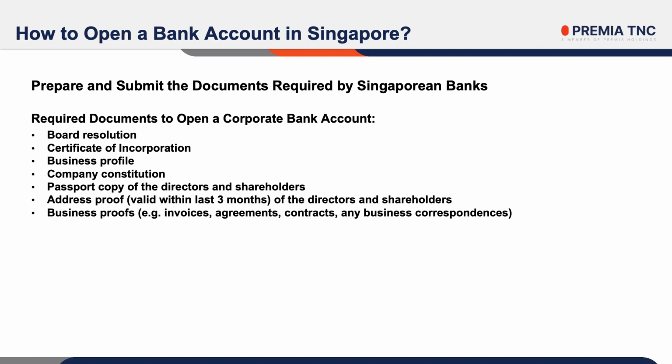Just like in other countries worldwide, all Singaporean banks must follow the laws and regulations when opening your bank account. By and large, to open a business bank account in Singapore, the documents required are as follows: your company's board resolution, the certificate of incorporation, your business profile, your company constitution, a copy of the passports of the company's directors and shareholders,